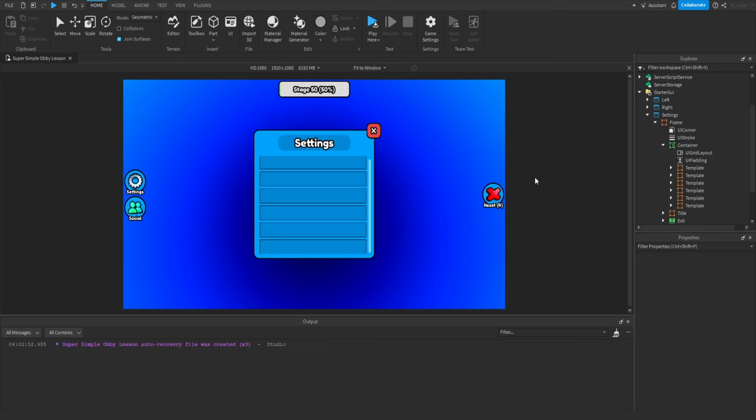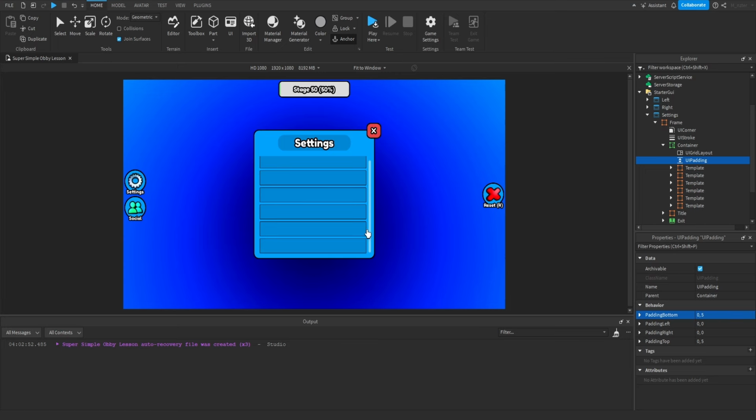So how did we solve this the first time? Well, we added a little bit of padding to the top. So now how can we solve it this time? Well, all we have to do is add a little bit of padding to the bottom as well, and now we can go ahead and scroll a little bit further down, and we can now see that that last template